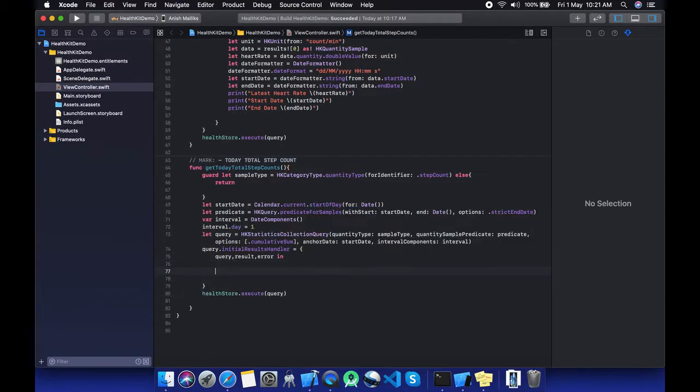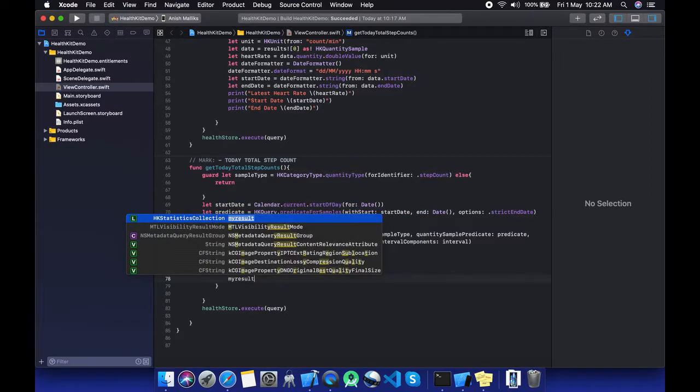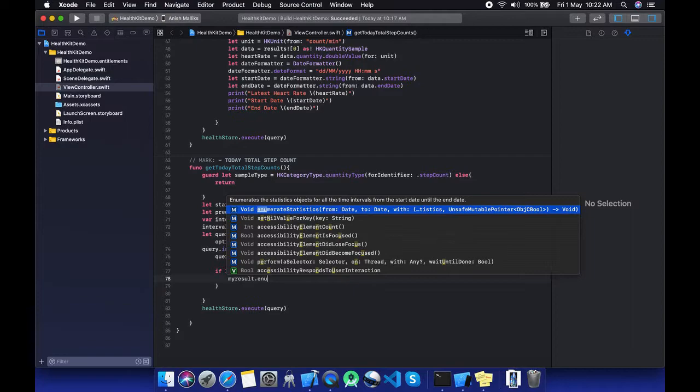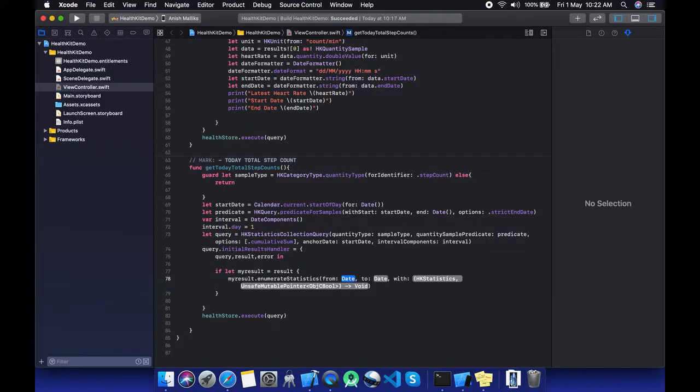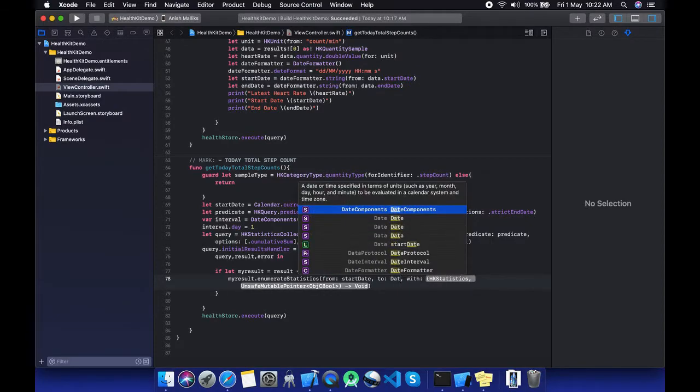Okay, here we are getting a result. We need to enumerate statistics within the result. So if let myResult equal to result, if the condition is true, then myResult dot enumerateStatistics. From which day to which date, we need the start date over here up to the current date.